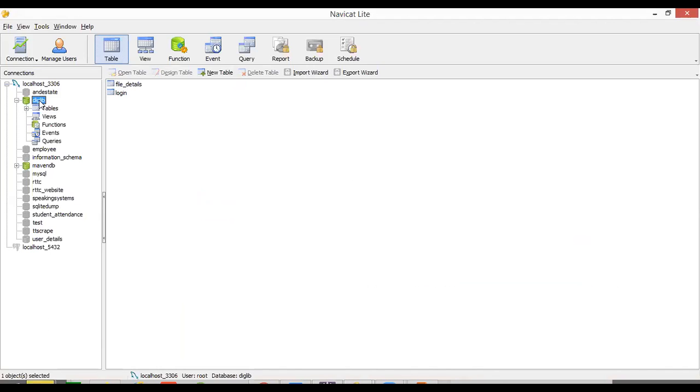See, database server is different, database is different. Database server contains a number of databases which are created by us. So our current database is Diglib. So this Diglib I am connecting here. You're able to see Navicat? Yes, yes. Yeah. So now I am going back to Eclipse.